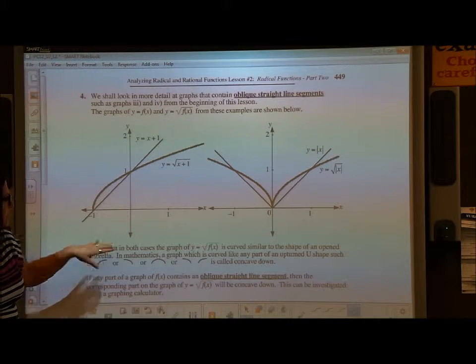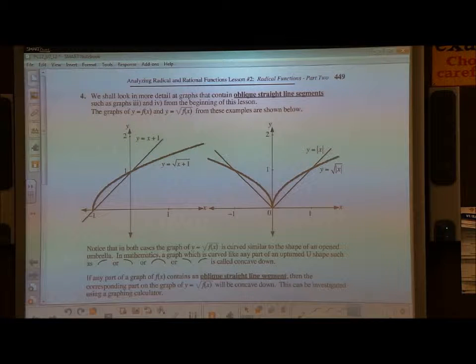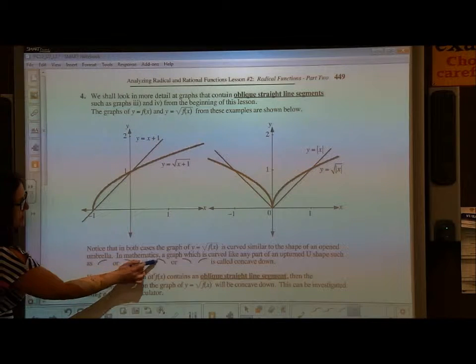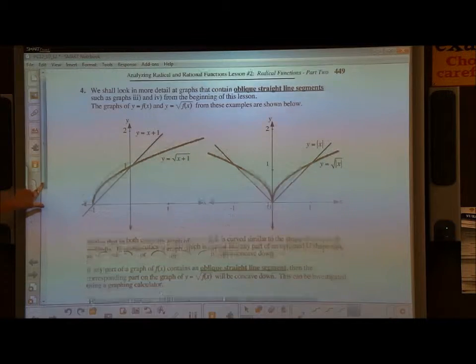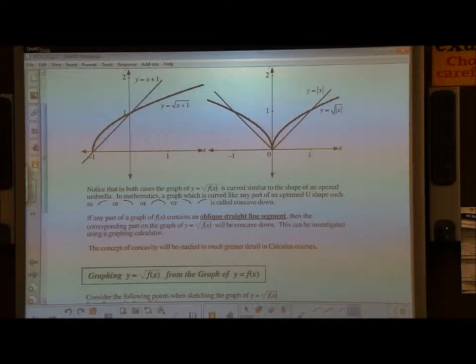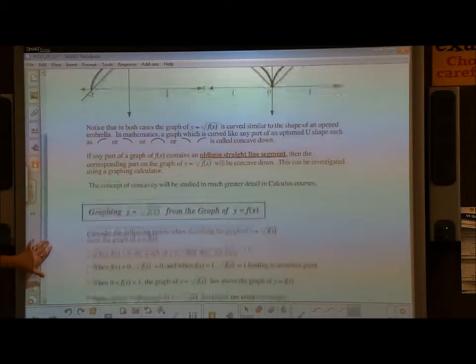In both cases, the graph of the square root is curved, similar to the shape of an open umbrella. In mathematics, a graph which is curved like any part of an upturned U shape, so there's my U shapes, is called concave down. If any part of the graph contains an oblique straight line segment, then the corresponding part of the graph will be concave down. And you can investigate this using a graphing calculator. What this actually means,